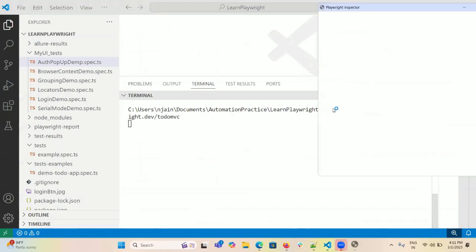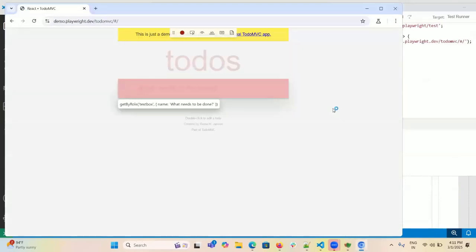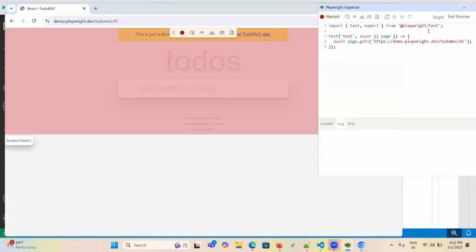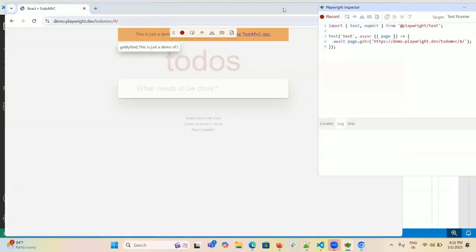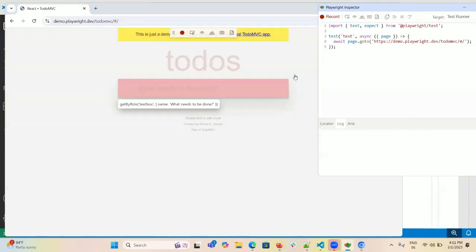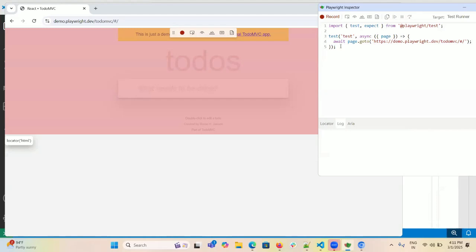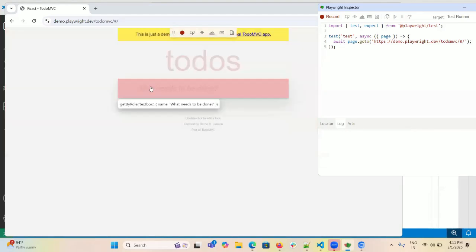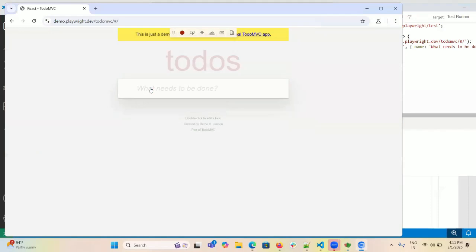npx playwright codegen. If you see here, two different panels are open. One is the browser and one is the Playwright Inspector. Okay. And the basic code is already there. Now, whatever I do in this application, it will be stored as code here. It will show. So I am clicking here and I'll say that